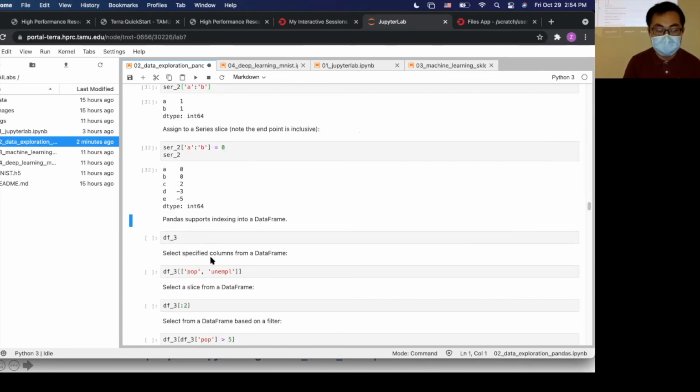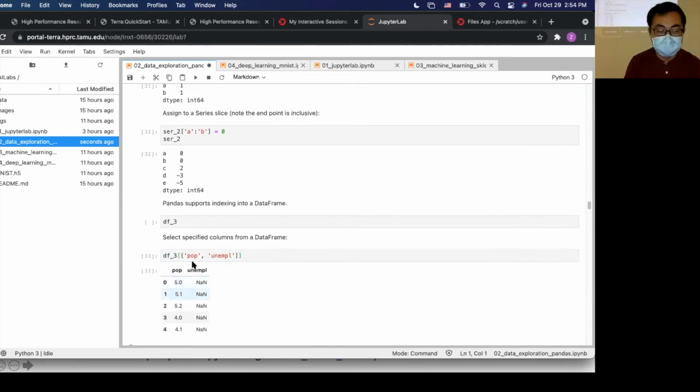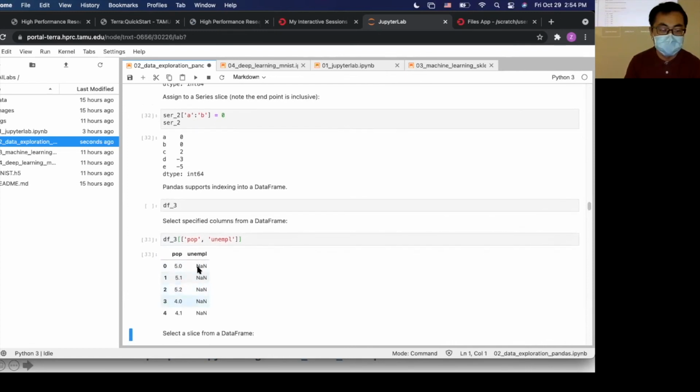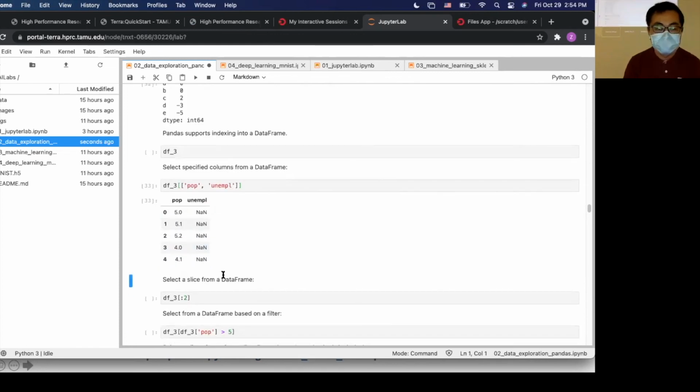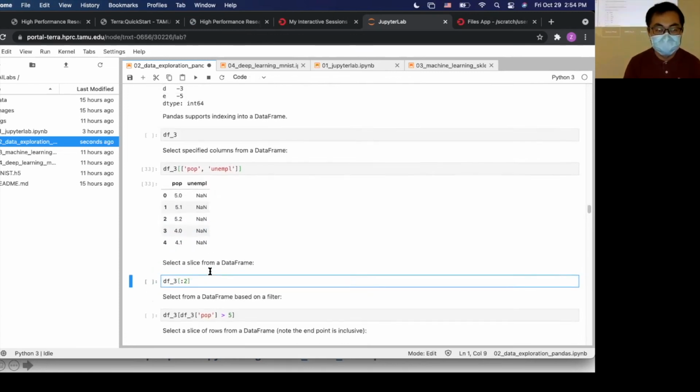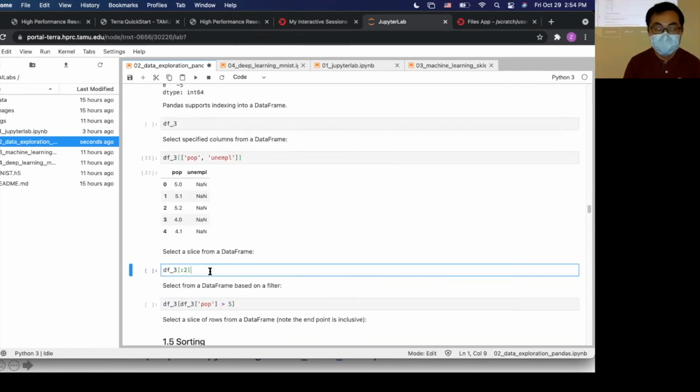And also we can pass in a list of column labels to get multiple columns. For example, I just want to look at the population and n-primary columns. And now you can see we have these 2 columns. And we can get a slice from the data frame.